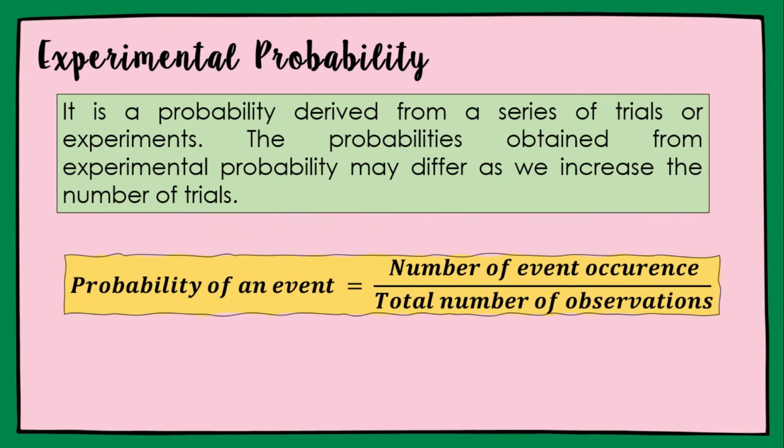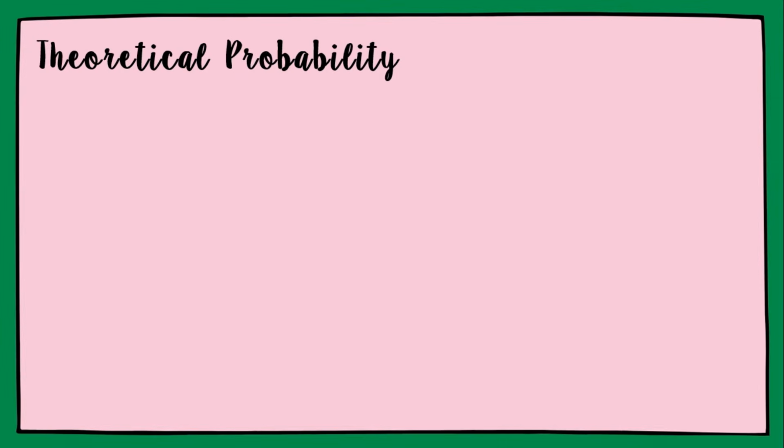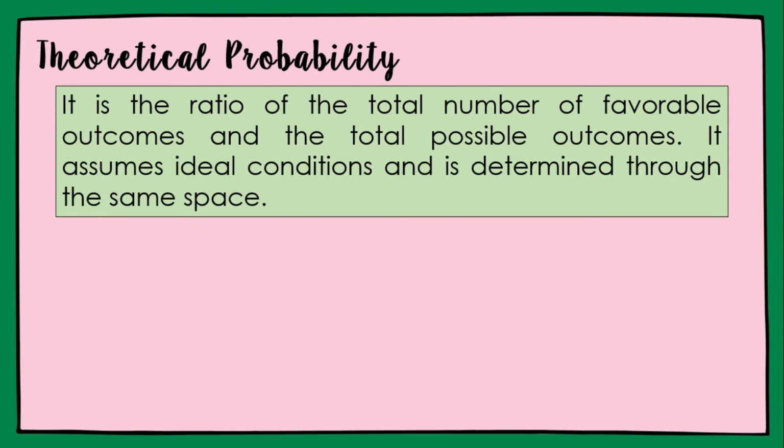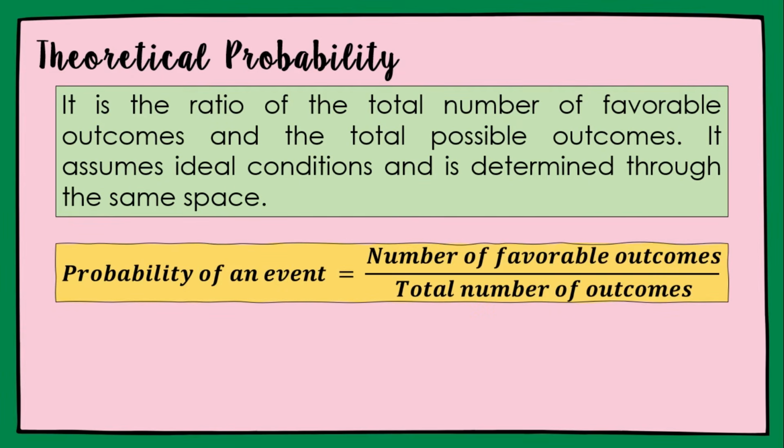On the other hand, we have the theoretical probability. It is the ratio of the total number of favorable outcomes and the total possible outcomes. It assumes ideal conditions and is determined through the sample space. The theoretical probability of an event is given by